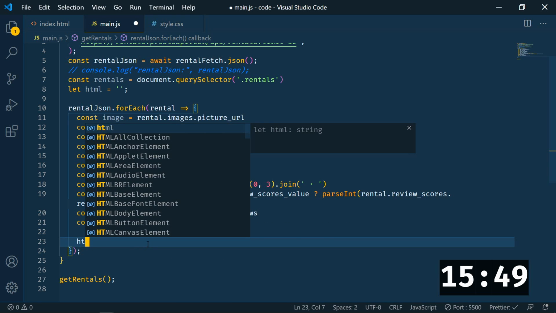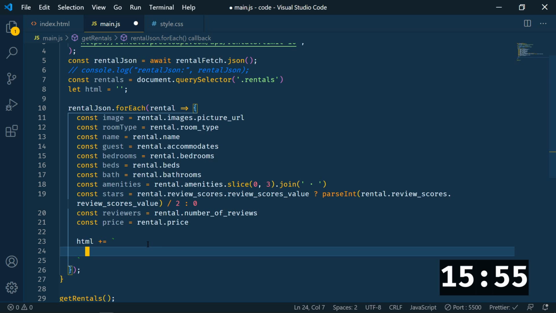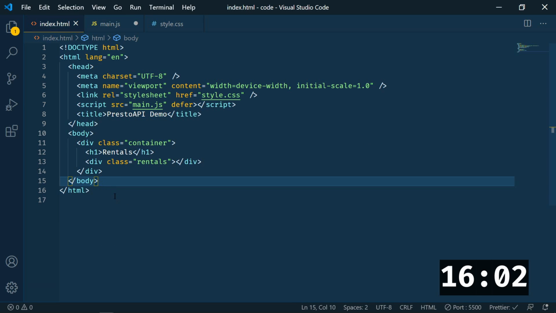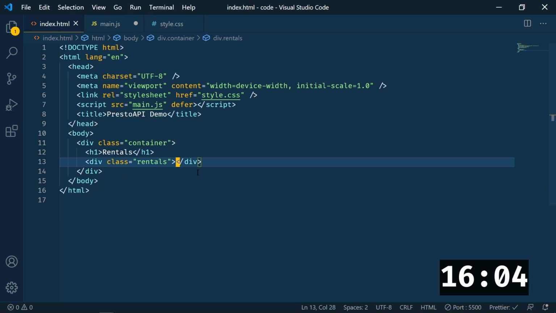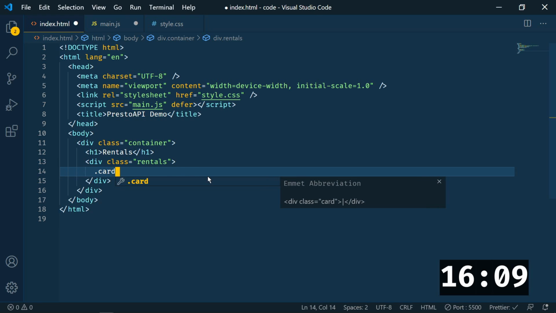So we're going to say HTML. We're going to add to it, so plus equals, and then we're going to use template literal. All right, instead of typing all of this out here, we're actually going to type it in HTML, which is going to make it a lot faster to type. So within rentals, this is what we're going to do. We're going to have a div with the class of card,